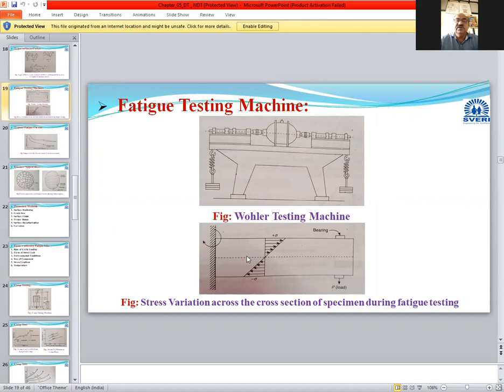So how stress is introduced in the component is given. Initially the component rotates between the bearings, the load is applied, and stress is induced in this section. Like this, this type of machine is used to test fatigue stress. Okay,